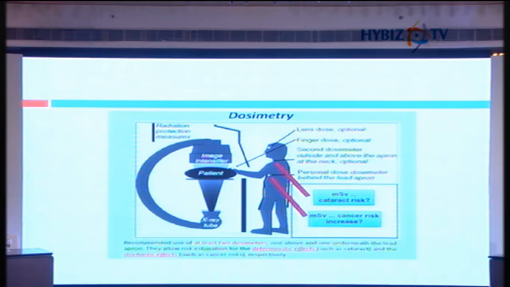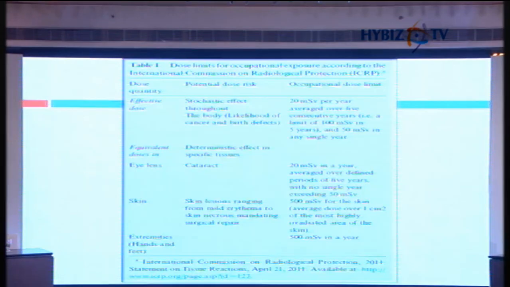Nowadays they are focusing more on the eyes, because previously the maximum allowable radiation dose for the eyes was 150, but now it has been changed to 20, which is about 7 times lower. There is almost a 7 times increase in cataracts in interventional cardiologists, so that's why they advise